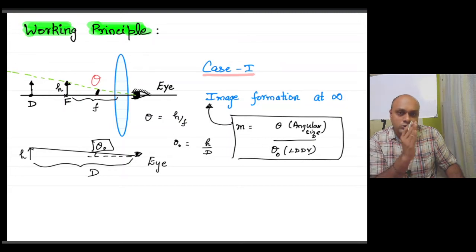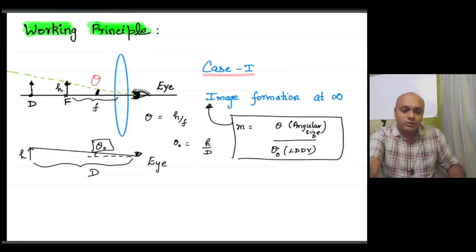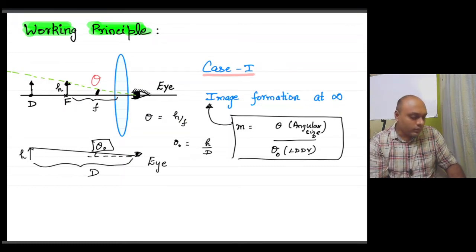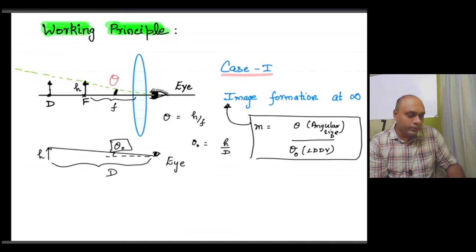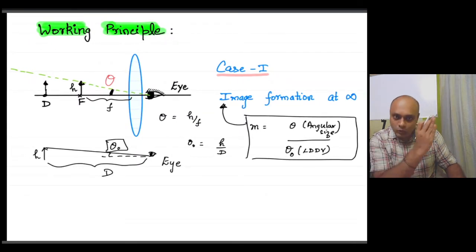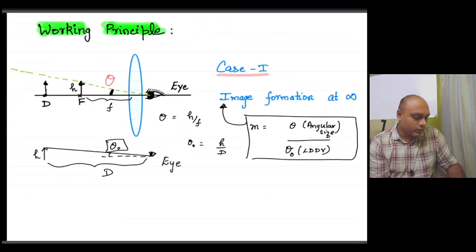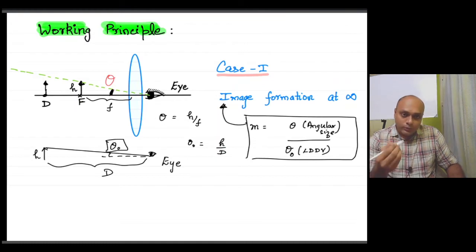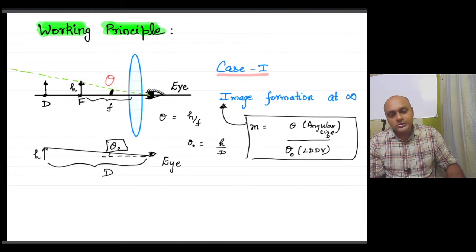A better magnification can be obtained using the convex lens. So what you can do is you can bring the object closer to the lens. When you bring the object closer to the lens, then the image will be shifting from infinity and it will come closer to the lens itself. That's a property of image formation by a convex lens. So in that case you will have a better magnification. So I'll draw a separate diagram for that for case 2.